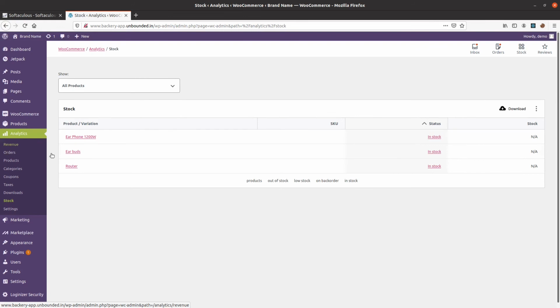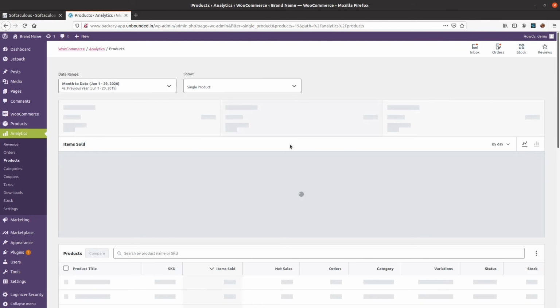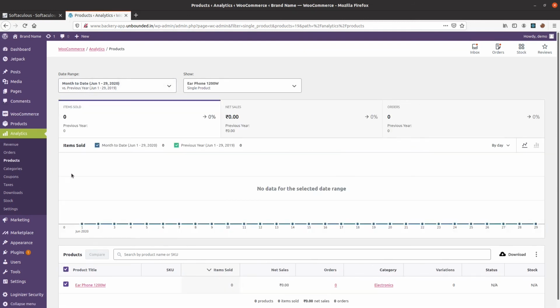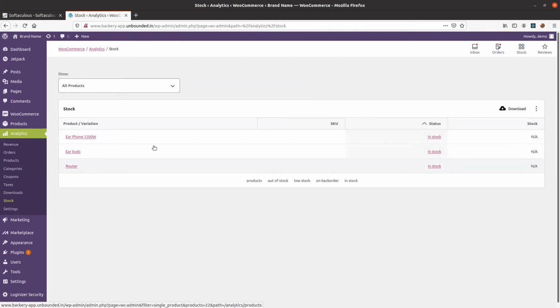Right. So in the analytics, you can also check on the stocks of each of the products. Like, okay, this product, we haven't enabled any stock tracking, but if you have earphones of limited quantity, say 10, and if you want the website to show it as out of stock after a certain time, you will configure the item quantity that you have in the product page itself, and later on that product will go out of stock. So you can actually check the stock configurations and all here.